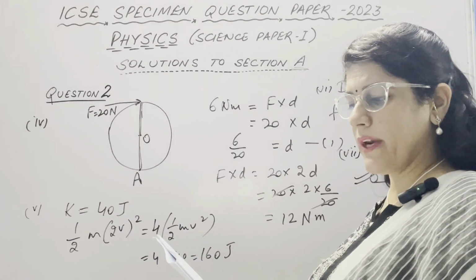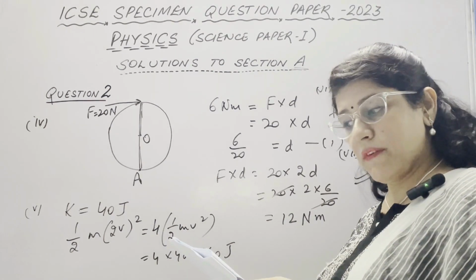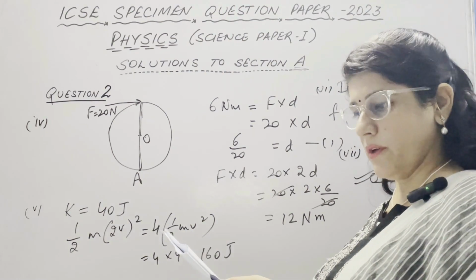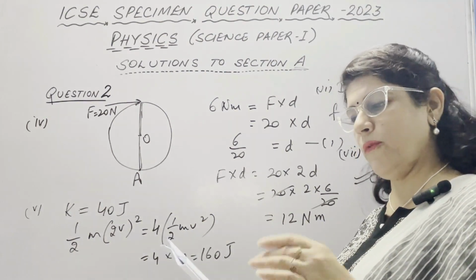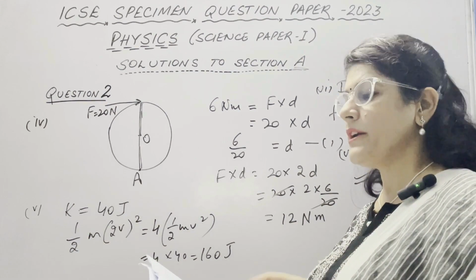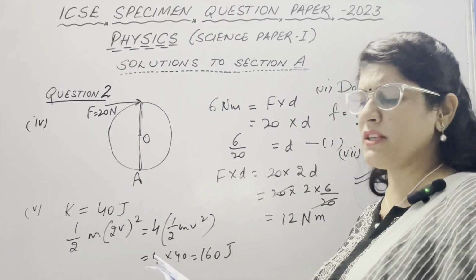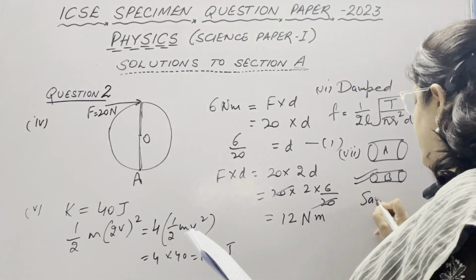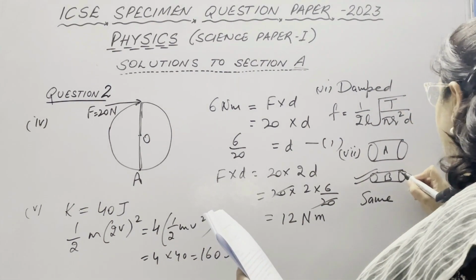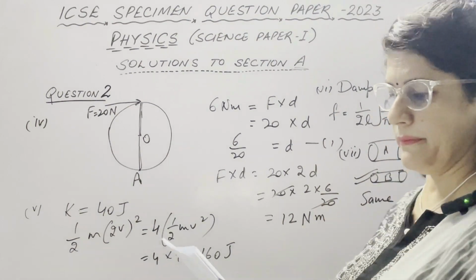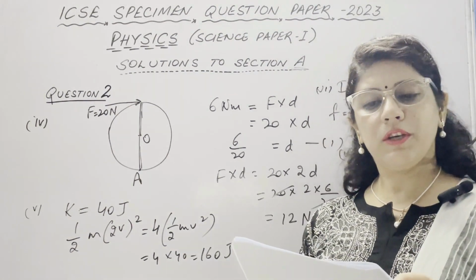Now, which wire will have greater resistivity? Resistivity depends on the material and temperature. It is given that they both are made of copper wire. It means material is same. Temperature 30 degree, same for both these conductors. So, resistivity remains same, and resistance of conductor B is greater. With this, our question 2 ends.